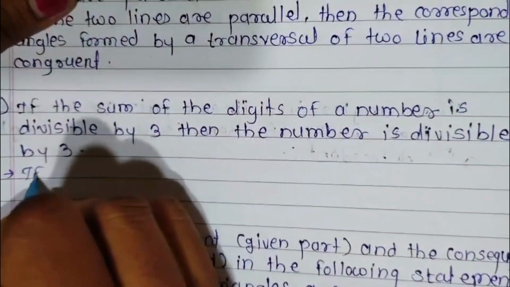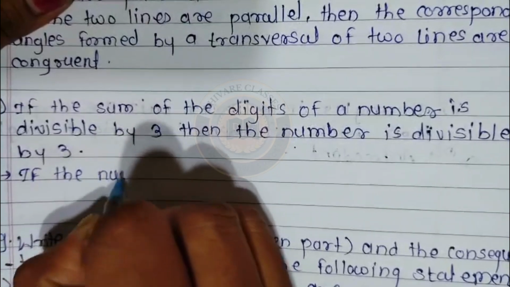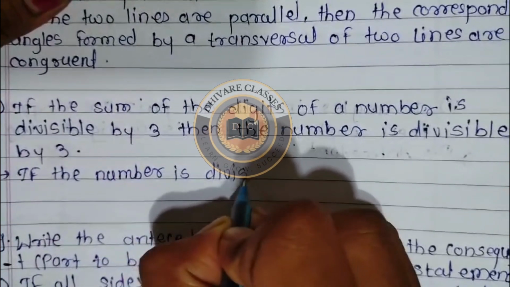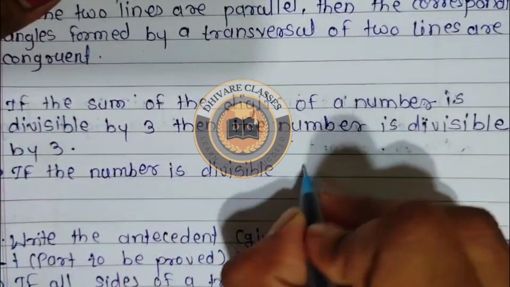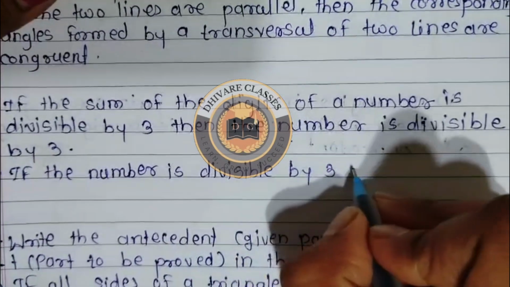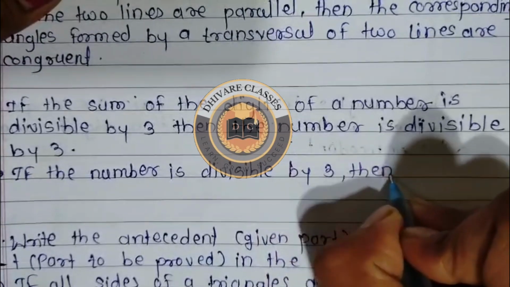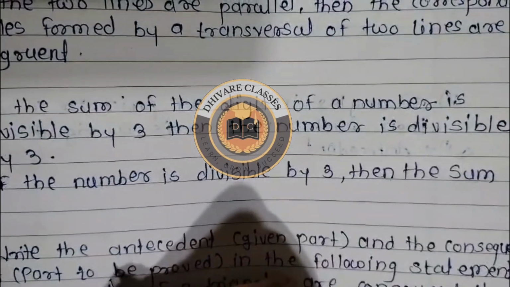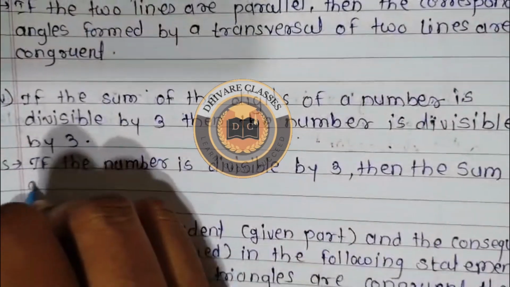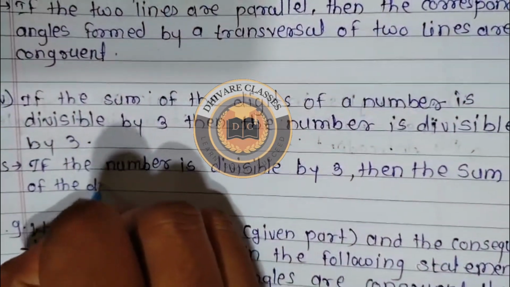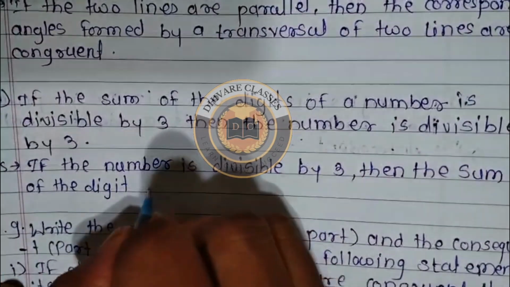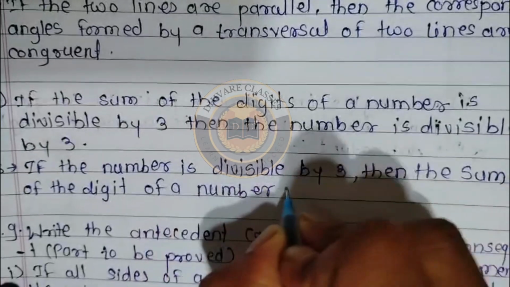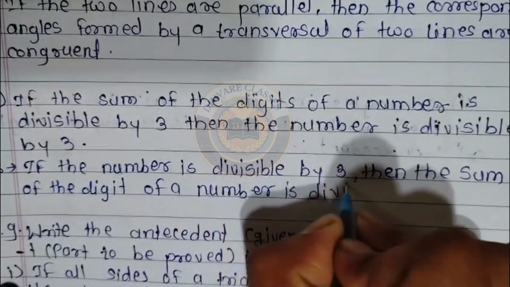The converse: if the number is divisible by 3, then the sum of the digits of the number is divisible